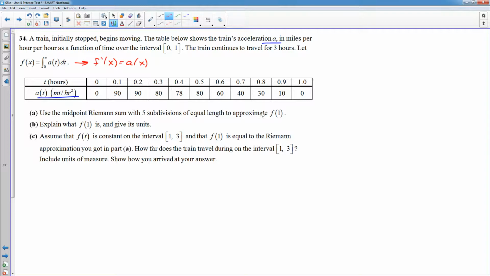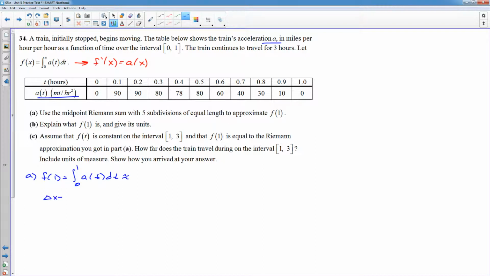Okay, use the midpoint Riemann sum with 5 subdivisions to approximate f of 1. So a, f of 1 would be, well, we just plug in 1 for the x. That'll be the area from 0 to 1 under a. Now we don't have an actual equation for a, so we cannot get an exact answer. That's why they said use Riemann sums. And Riemann sums with 5